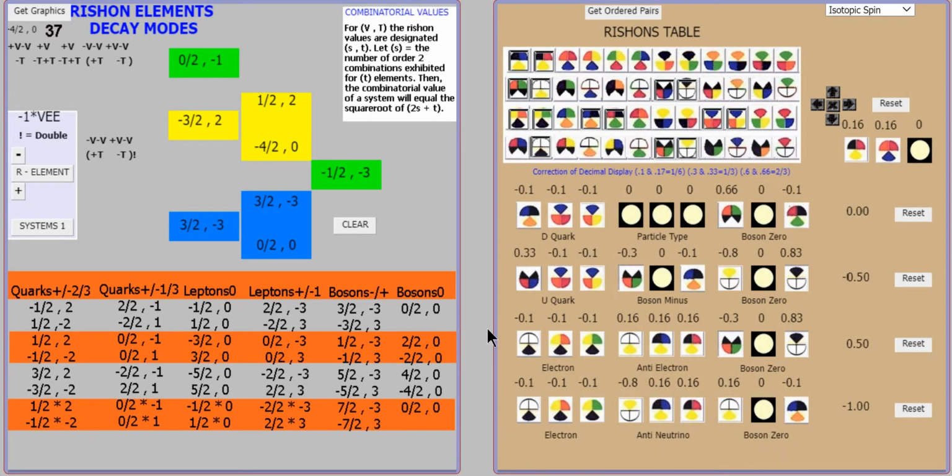And so over here, we can represent these particles